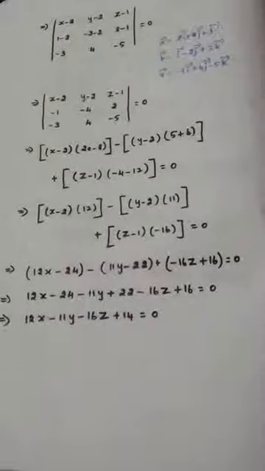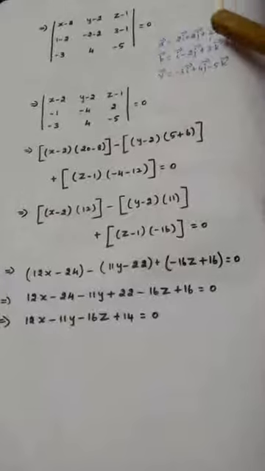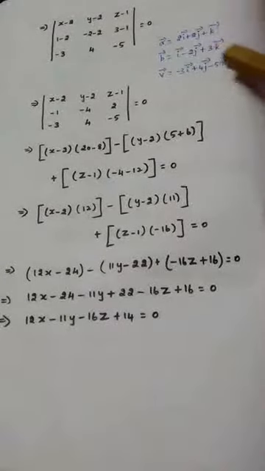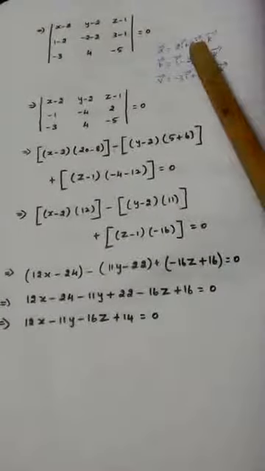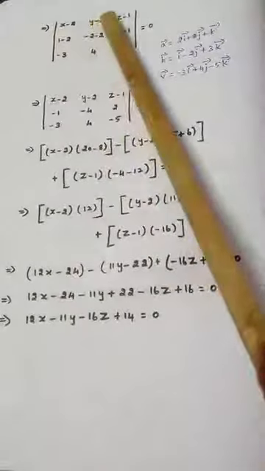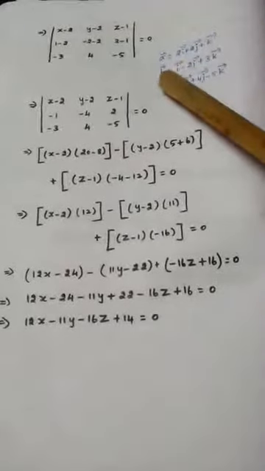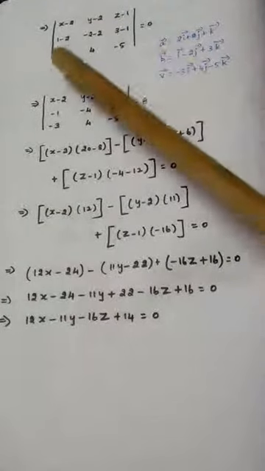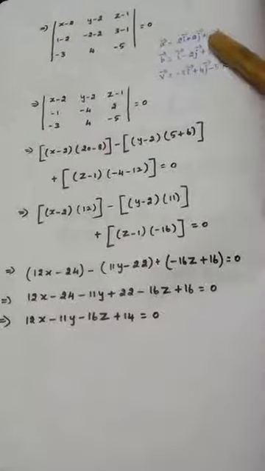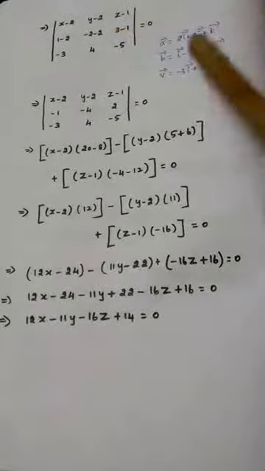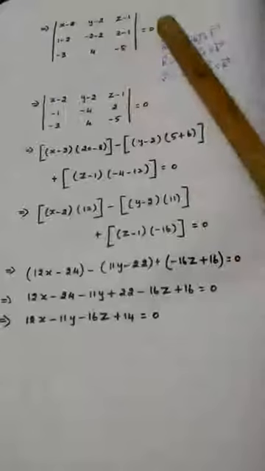For your understanding, I have written A vector, B vector, V vector once again here in the rough column, as we wrote in the beginning. So I am substituting the values. x minus x1, where x1 is 2, y1 is 2, z1 is 1. So we can fill the first row. What is the second row? x2 minus x1. What is x2 here? 1. What is x1? 2. So subtracting, 1 minus 2. y2 minus y1: minus 2 minus 2. z2 minus z1: 3 minus 1. l, m, n are directly taken from V vector: minus 3, 4, minus 5, equal to 0.